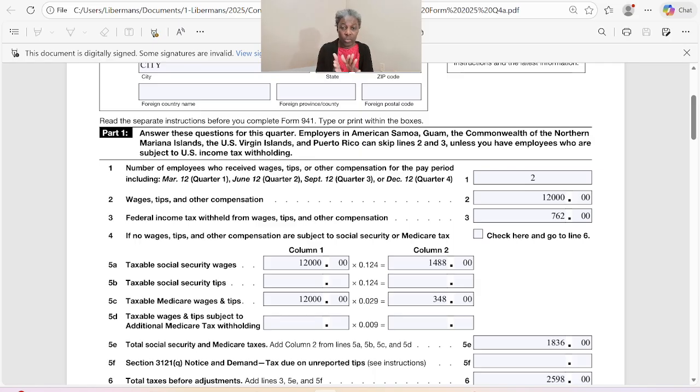So it's important you track everybody you are paying separately, but track it in a way that if you have high paying employees or staff members, you know when you need to stop withholding Social Security tax from their income, and you need to know when you need to start withholding additional Medicare tax from their income based on those salary thresholds that